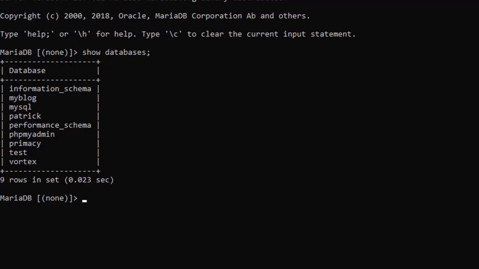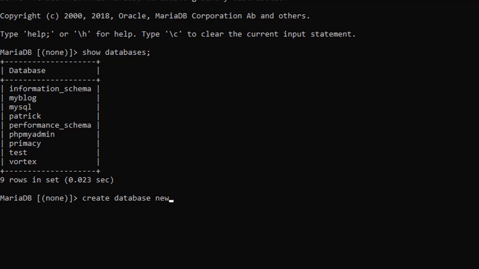Now for this case there's no database that has been selected, so I'm going to create one database and then use it to create tables and add more stuff inside. So hold on, don't go anywhere. The first thing we are going to do is to create our database. I'm going to call it new, because I would really like something new. So I'm going to say create database new, and in this case I missed an E, so I'm going to say create